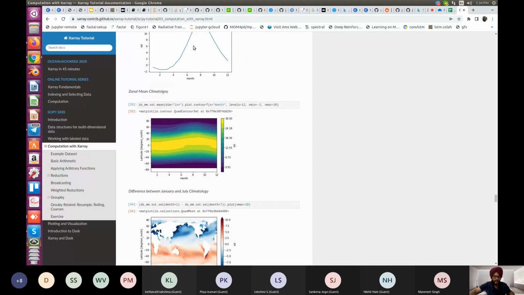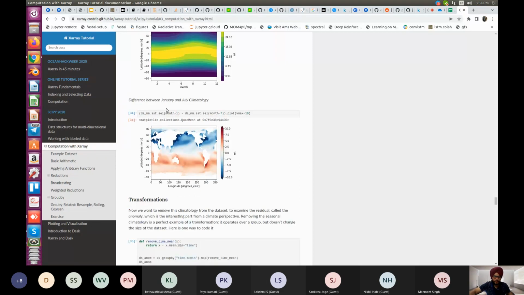So you can see that you plot here ds_mm.sst.mean. You take the mean along the dimension lon, and you plot it. So on the x-axis you have month, on the y-axis you have latitude. You can also plot the difference between the January and the July climatology, and you can also compute